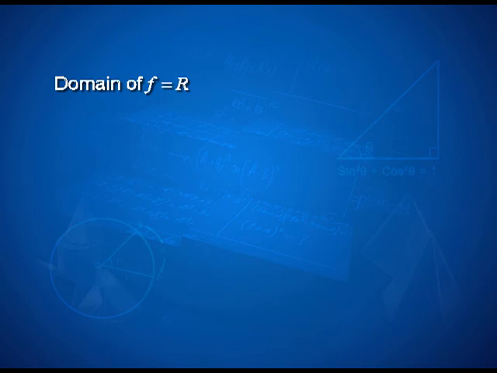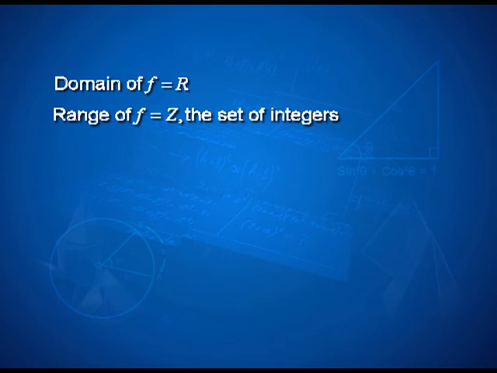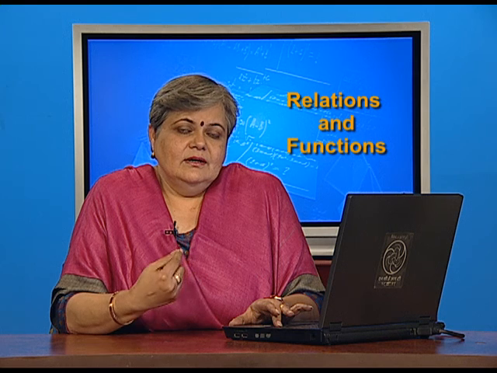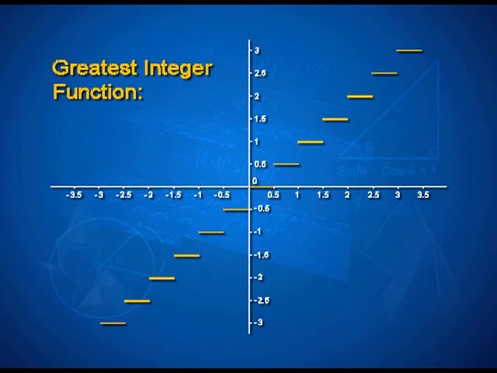So, the domain of f is all real numbers, but the outputs are always integers, and therefore, the range is the set of integers. Graph looks very interesting here. What would you call it? A step like function. It takes the formation of steps, and therefore, the greatest integer function is often called a step function. Try plotting this now on your own on graph paper and see if you do get exactly what I have here on the screen.